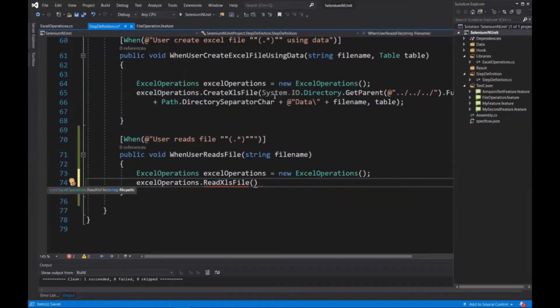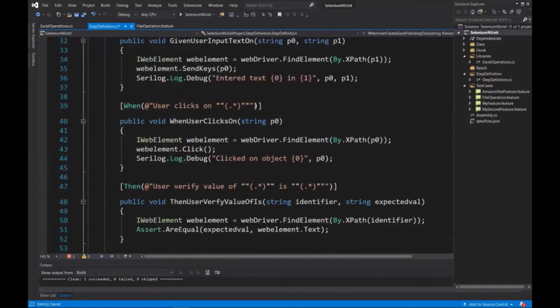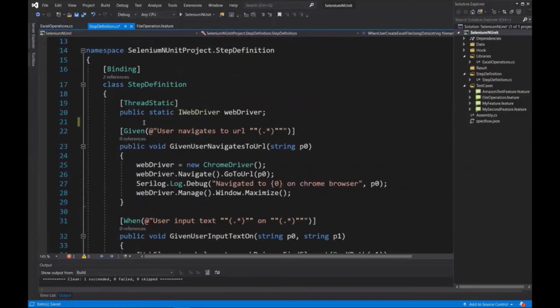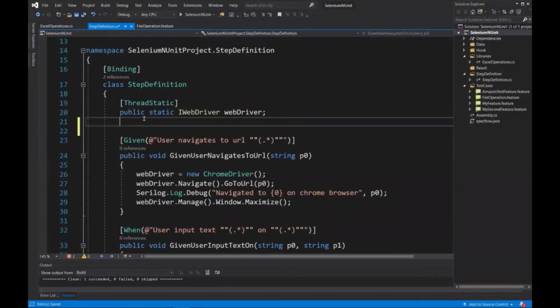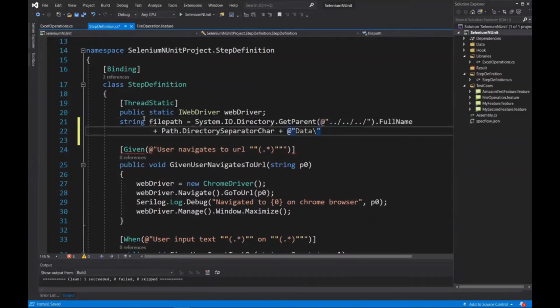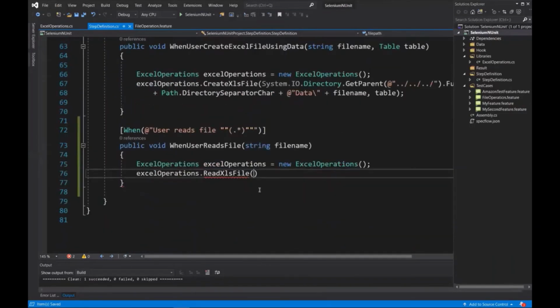We'll use the same path which we have configured while creating the data sheet. So let's store this path in a variable. I'm creating a variable string filePath equals, and we'll copy the directory structure into this string. And then provide this file path to the function and append the file name with it.